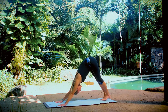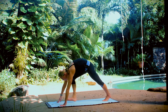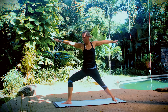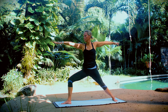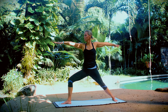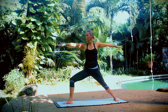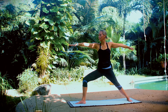All right, take your right foot out behind you, lift it up, step it through. Plant your left heel down on the floor, and then rotate into warrior 2. Nice, strong, strength building pose right here. Hold it. Two more breaths. Last inhale